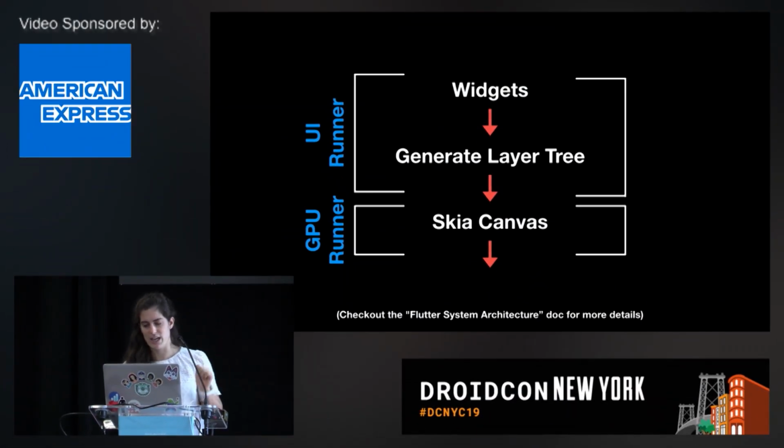And those two things are in separate threads depending on how you init these task runners. They can be in separate threads, so you can parallelize really well, which means that you can be working on the GPU at the same time that you're preparing the next frame to lay out and render. Now, there's great resources online, so I'm not going to go further into that. You can check it out.